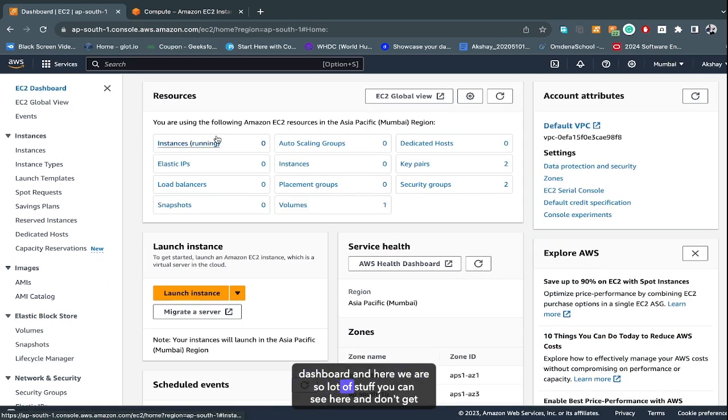A lot of stuff you can see here, and don't get overwhelmed by this because we'll cover every bit of it in the upcoming videos. For now, we just want to launch our EC2 instance as quickly as possible. So for that, you just click on this launch instance icon,